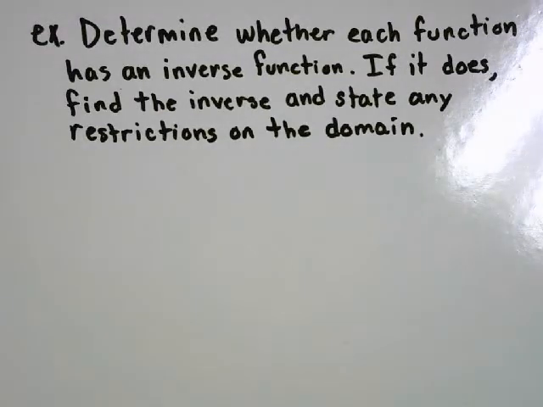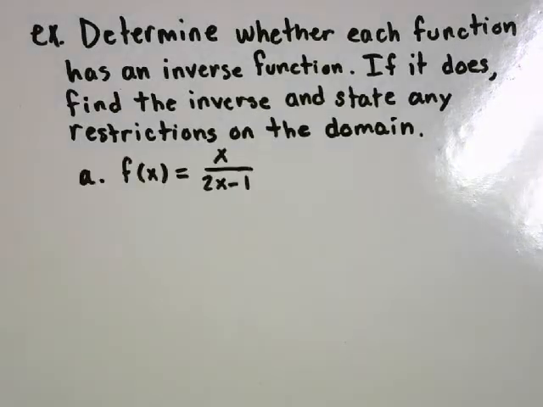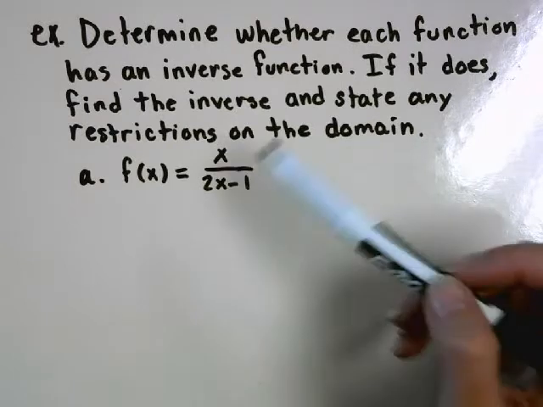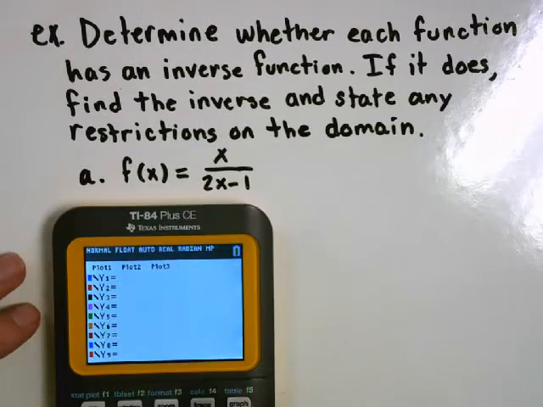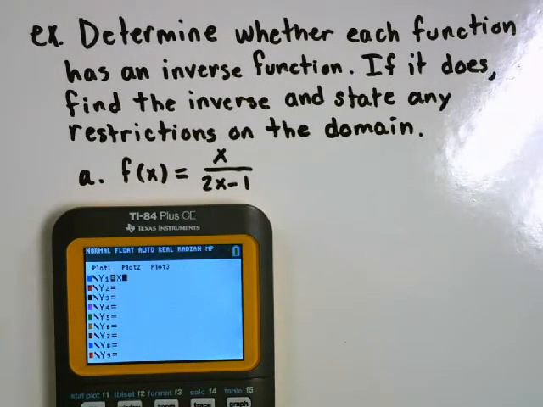All right, this is a wordy one. So our example is to determine whether each function has an inverse function. If it does, we'll find the inverse and state any restrictions on the domain. So our first one we're going to do is f of x equals x over 2x minus 1. And if we don't know what a graph looks like, we can use our calculator. So if I graph x over 2x minus 1,